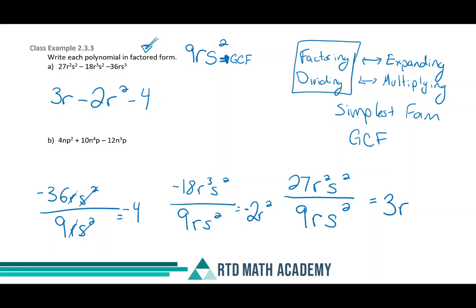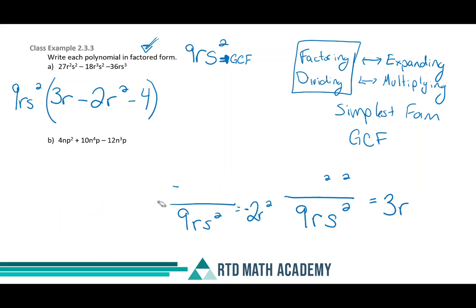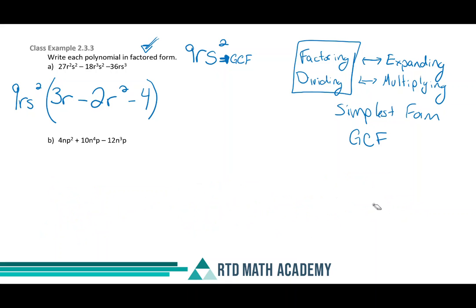What we have done so far is found the greatest common factor. Then we divided out the greatest common factor, but these two terms are not equal to each other. Remember that factoring and expanding are opposites of one another. So when we are thinking about the opposite, what we have done is we have separated our greatest common factor from the rest of our polynomial. So if I was to expand these, then I can actually see the expanding and the factoring should be opposite